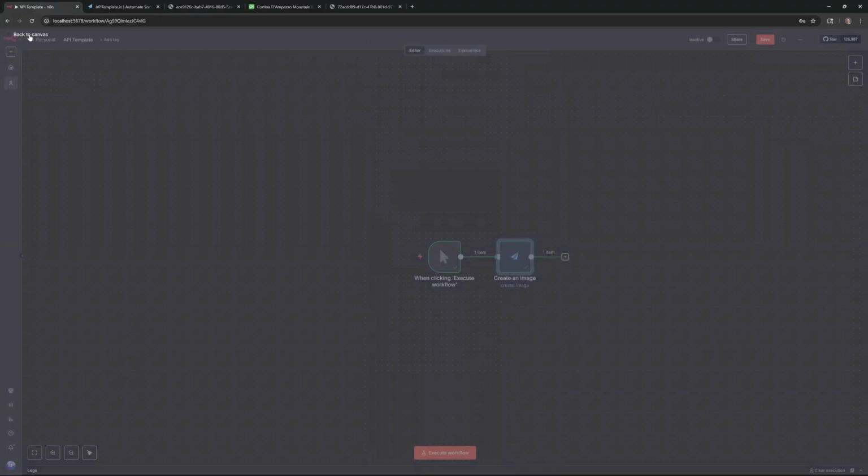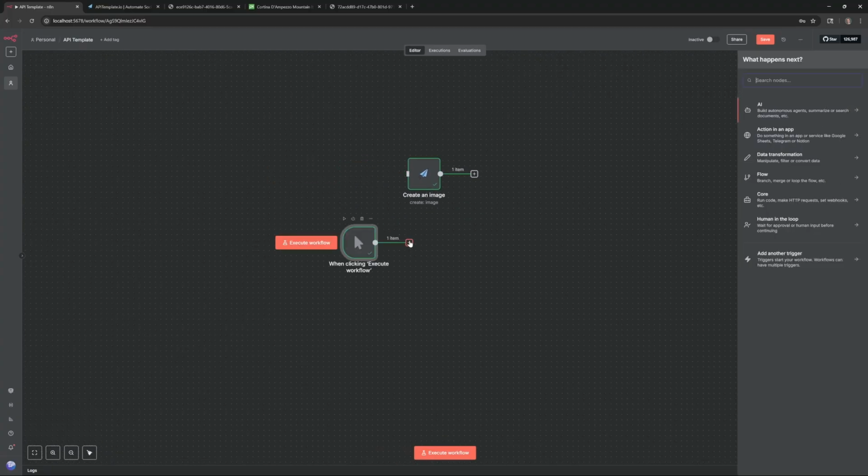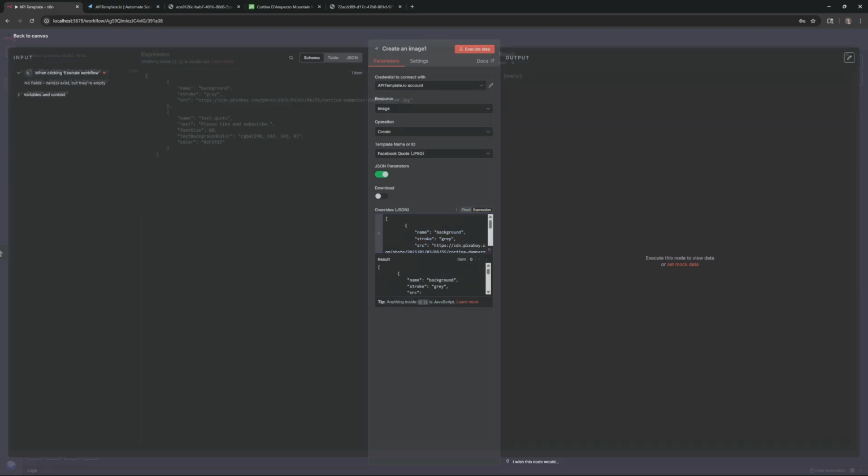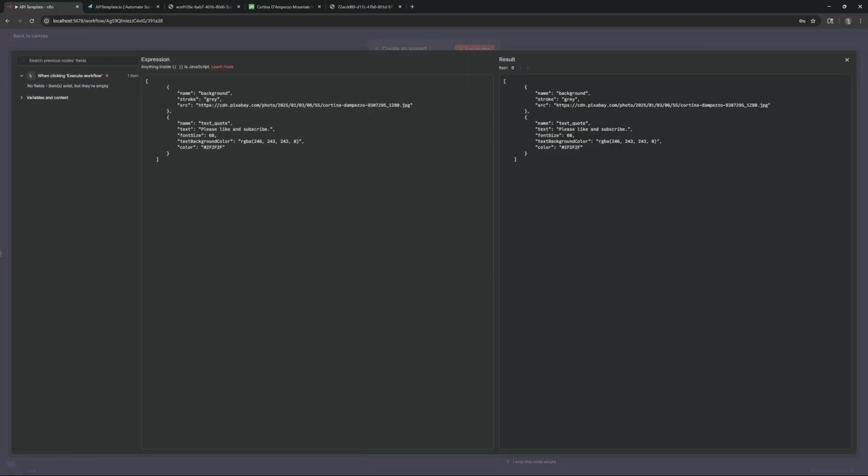I'm just going to leave this one alone just because we know it's working. Put a new one in here and then use JSON, choose a template first, and then JSON parameters. I'm going to put the exact same thing in that I just put, but you can come in here and click on the expression. You can expand this and you can edit this source. It's the exact same thing I just copied from that website. You can edit that source and have it fill in from something previous.